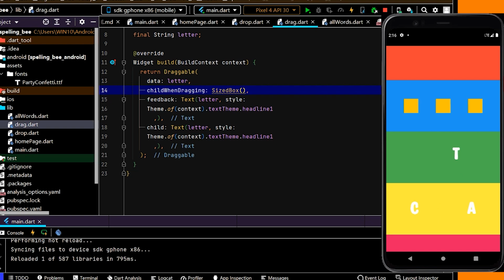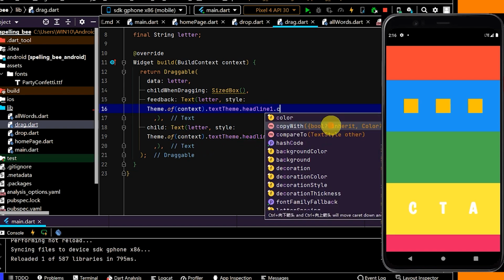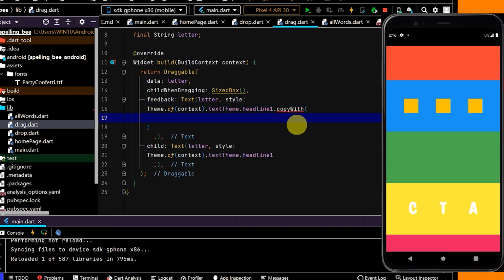The next thing is when we pick up a letter, I want the appearance that we're actually picking up something. So to do that, I'm going to add a shadow to the draggable when it's picked up. I'll come to feedback, and I'll update the theme that we passed in this specific spot. I will use the copy with method, and this will allow us to amend this text theme just here. Now we have an error, so I need to add the null operator,